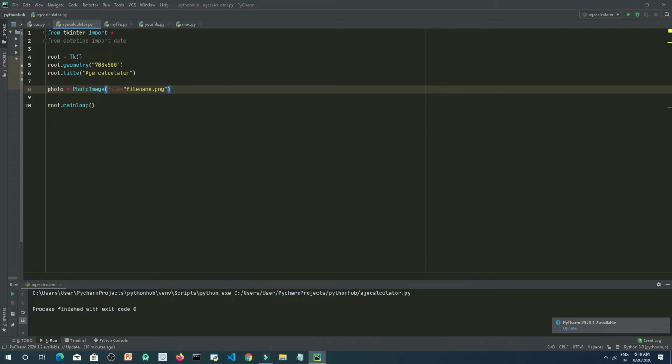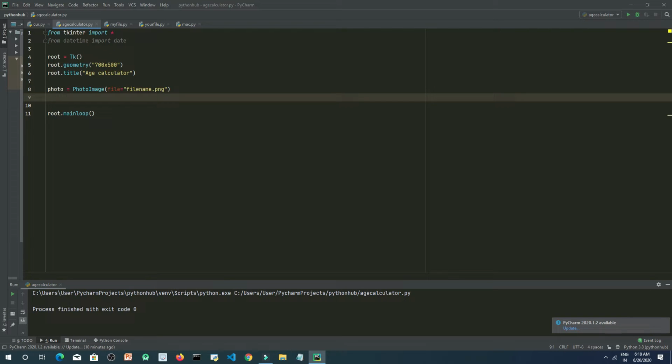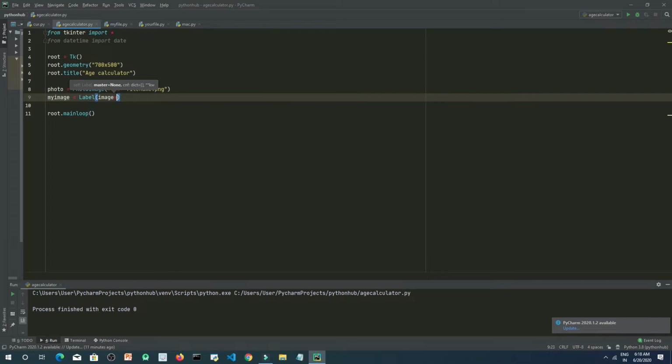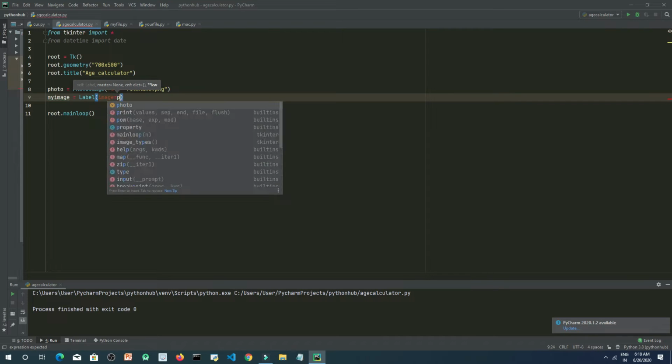Now let's set the image inside our GUI using a Label widget. Let's type my image equals Label, and inside this we will set an image, and the image is photo.